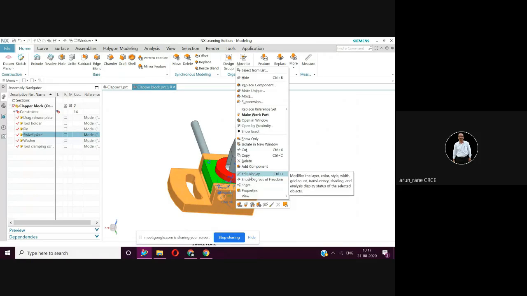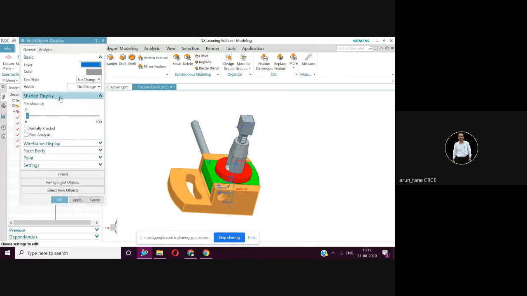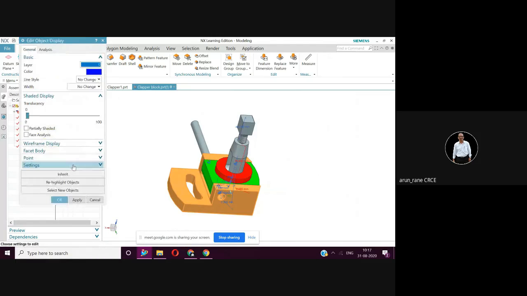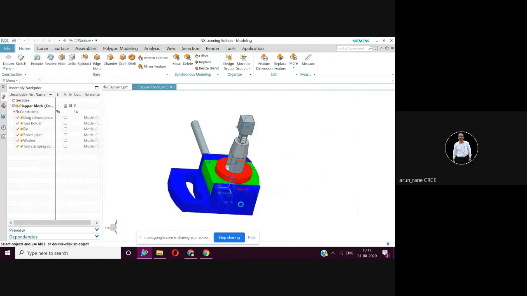In Edit Display, you can assign the different colors, say blue color. Okay, fine. But assign the color only after the assembly is done. Only after the assembly is done, assign the color, once everything is perfect.